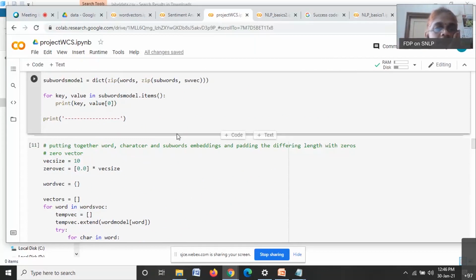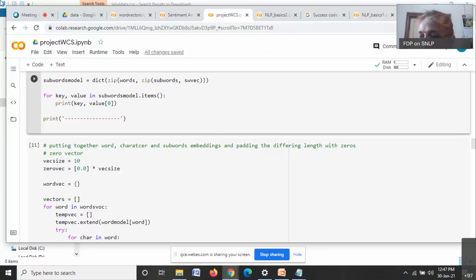For example, consider BMTC. The word vector for BMTC is of size 100. BMTC consists of 4 characters, and the size of individual characters is 10. So 10 into 4 comes to 40.